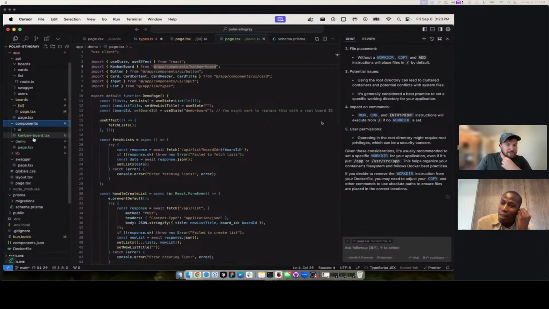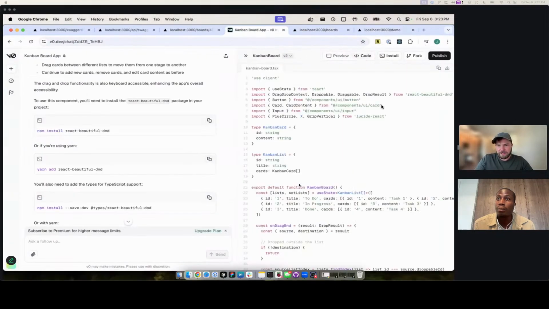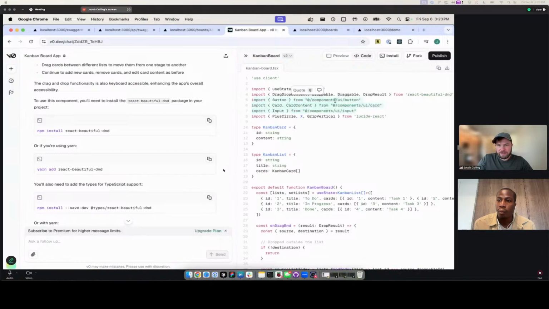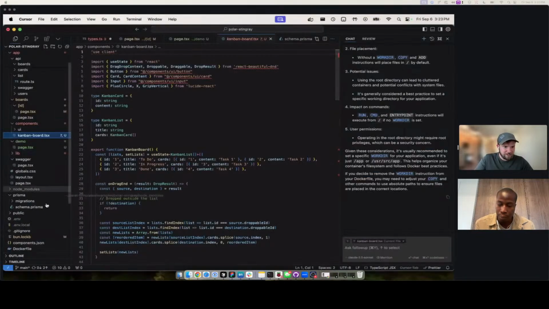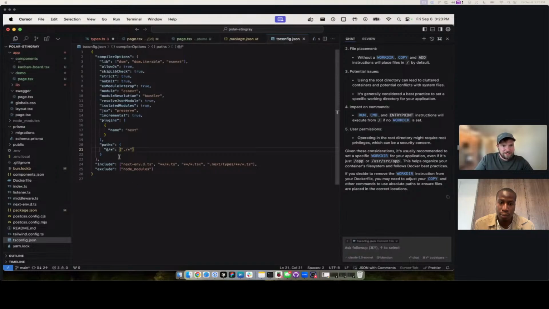So really, what I would do differently if we weren't on a stream right now is I would take a look at what the default for these V0 imports are, and it's these at components. And for whatever reason, my project is set up where the TS config has this path set up slightly differently, and I would change this so these at references match up with how I have the project set up. Something I find really interesting with the new AI tools is that it makes almost more sense to adjust your project to what the LLMs or the tools naturally want to output. So I would change this to match that up better, and that way all these components coming out of V0 would work better.